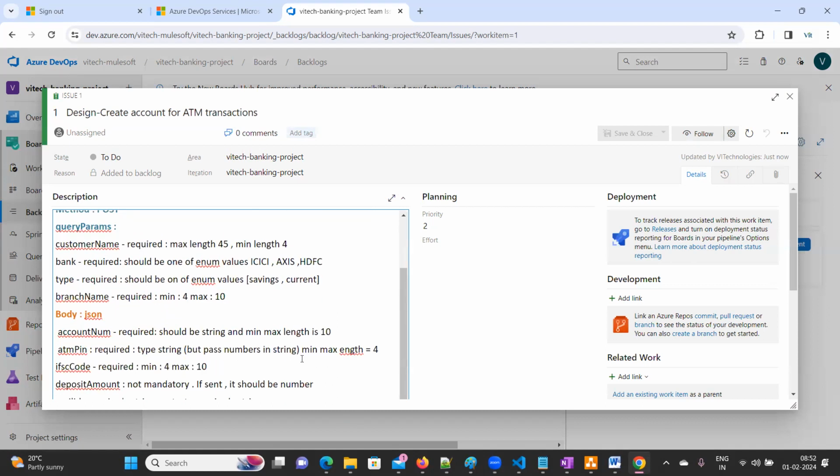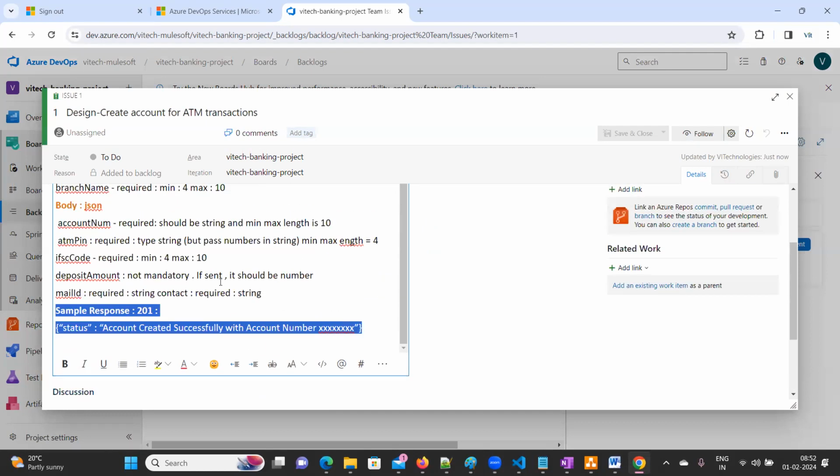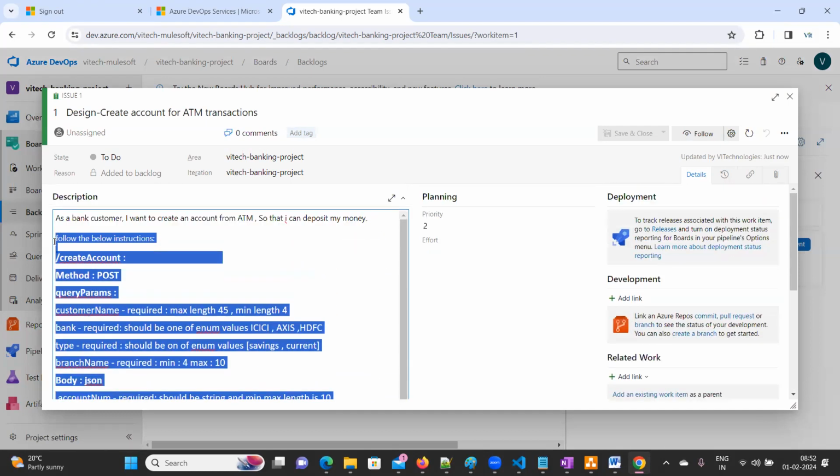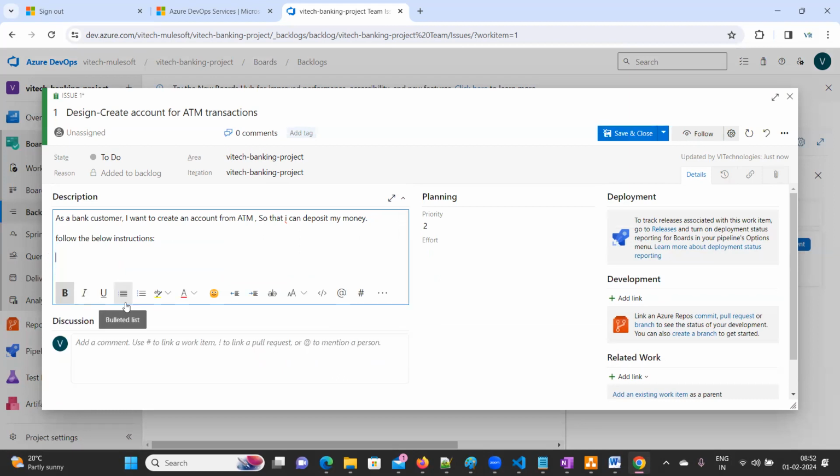So it will always be in verbal format. What they will say is, follow below instructions. So here they are going to mention